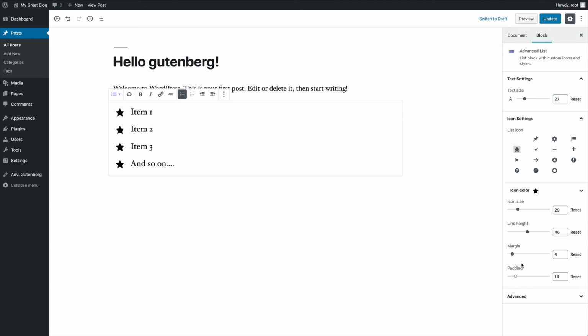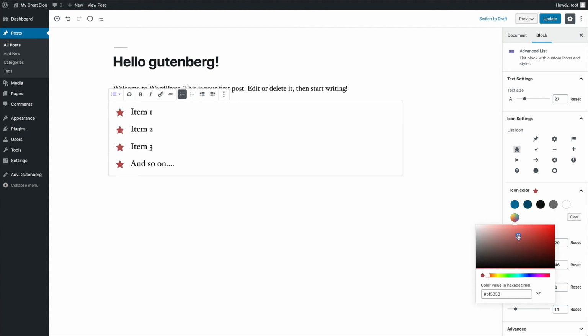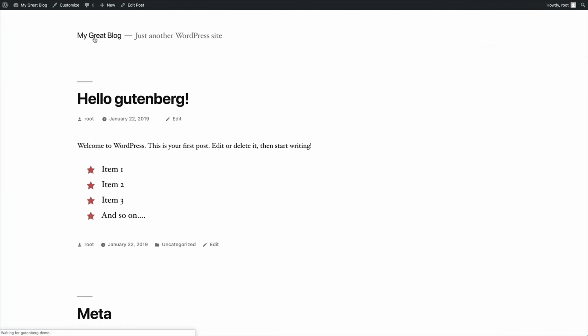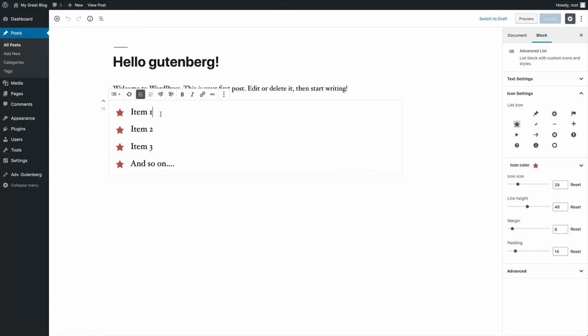And then lastly, what we can do is we can also change the color of these icons to whatever color we want, so maybe kind of this red pinkish color. And we'll update the post. And let's go take a look and see what that looks like. Again, looks just on the front end the same as you would expect based on it looking that way in the back end editor. So let's hop back in here, we'll get rid of this,